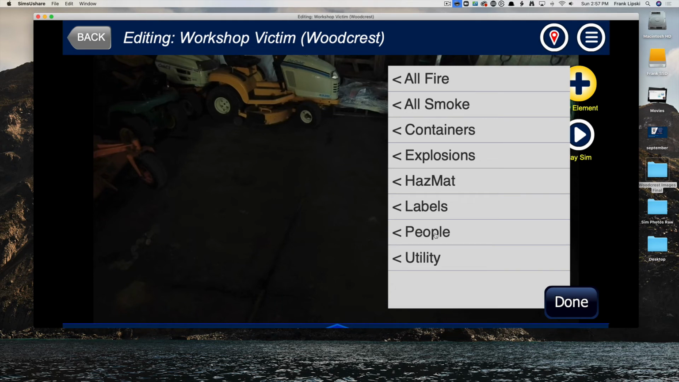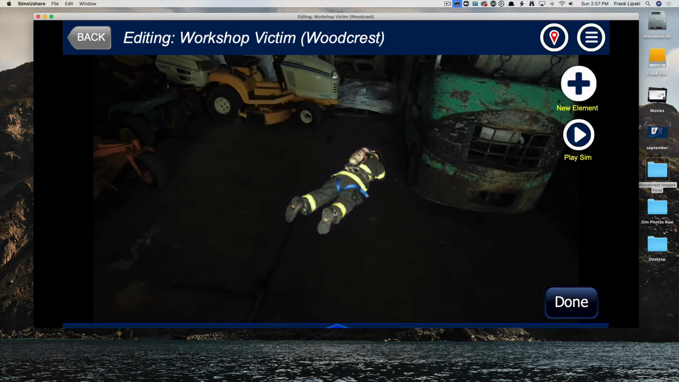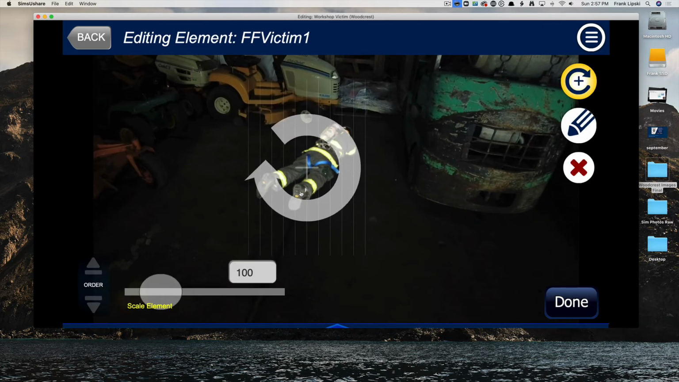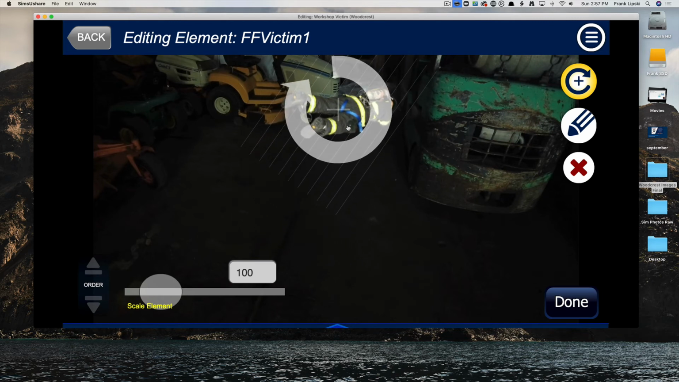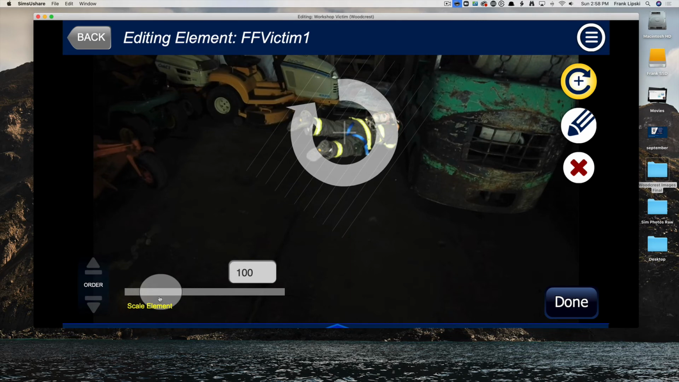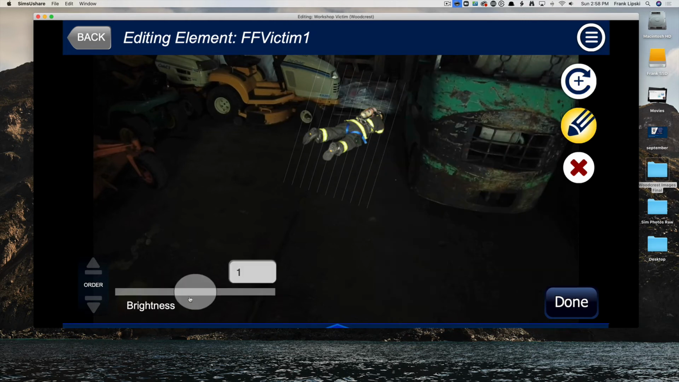That's as simple as new people, and you could do a firefighter. Maybe it's a mayday, and you could do that. So let's do that. We'll do a firefighter down. We could put them in here. We can move them around. Kind of put them up here. Okay, something like that. And then remember, on those victims, you can always come in here to brightness, and you